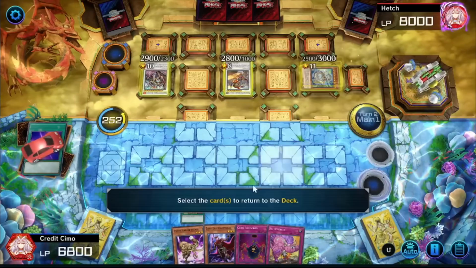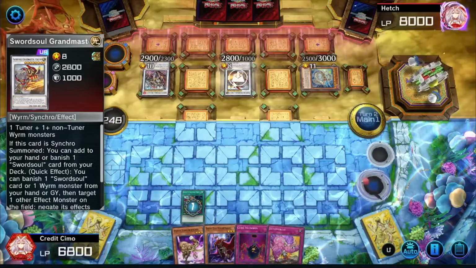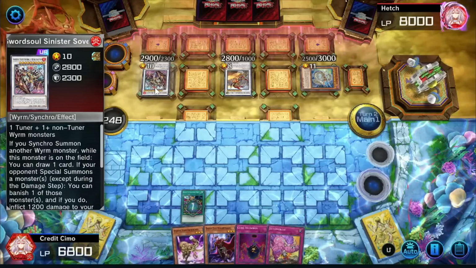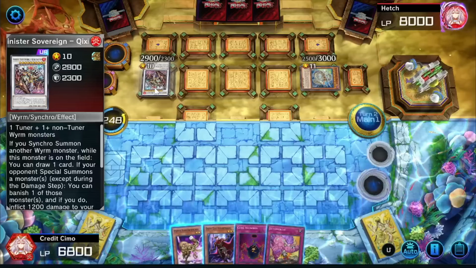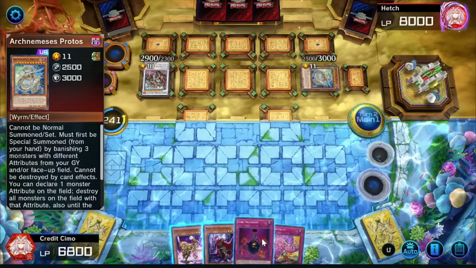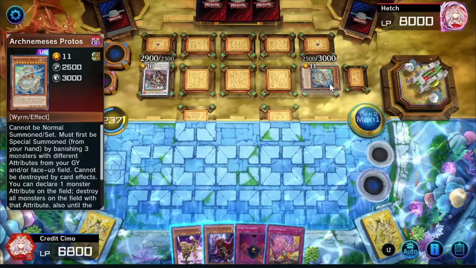I'm going to get rid of this card right here, the Grandmaster Shishao. He's going to inflict 1200 life points to us, but it's not the end of the world. Or he could have, but he didn't. We can also get rid of this or this. Either one, it doesn't really matter because we literally have Cubic Ascension to deal with this. But the problem is